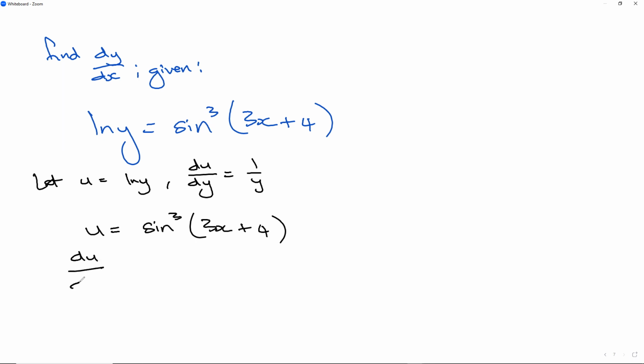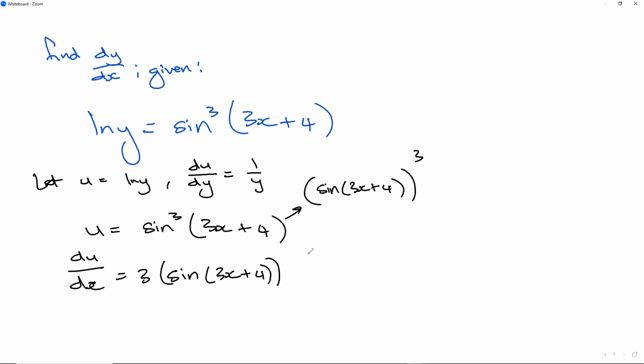And if I go du dx now, because I can derive u with respect to x, I can now quite clearly see I can derive this, right? This is the same as sine 3x plus 4 all cubed. So I'm going to bring the 3 to the front using chain rule and keep the sine as it is, subtracting 1 to get to 2 at the top, and then multiplying by the derivative on the inside using chain rule, which will be cos